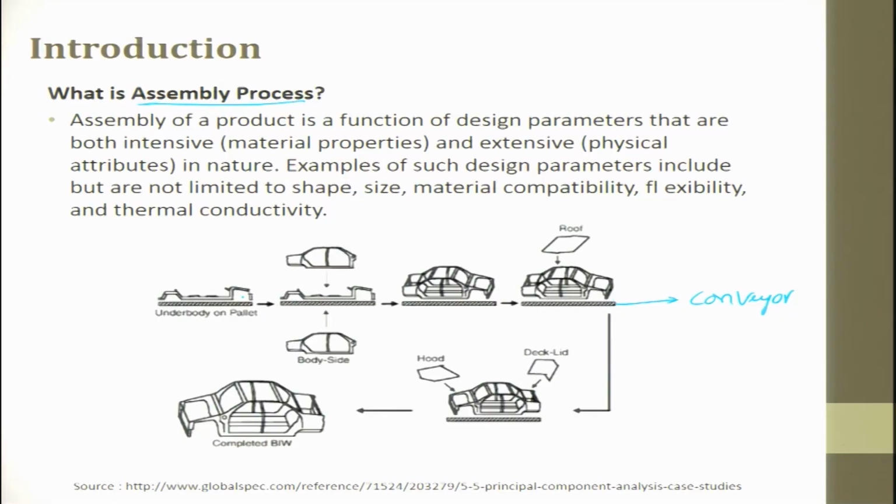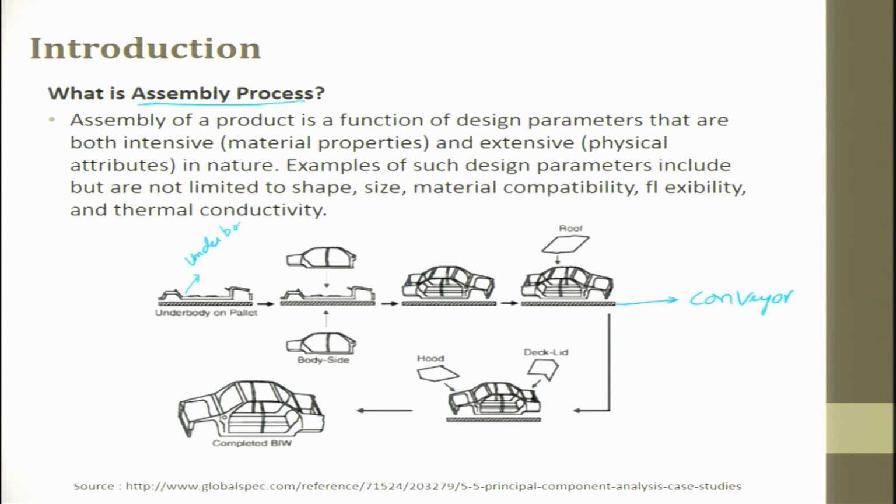In an automated assembly line, in order to maintain the production rate, they always move it on a conveyor. In this conveyor, you put a fixture and hold your part. So your part here is nothing but the